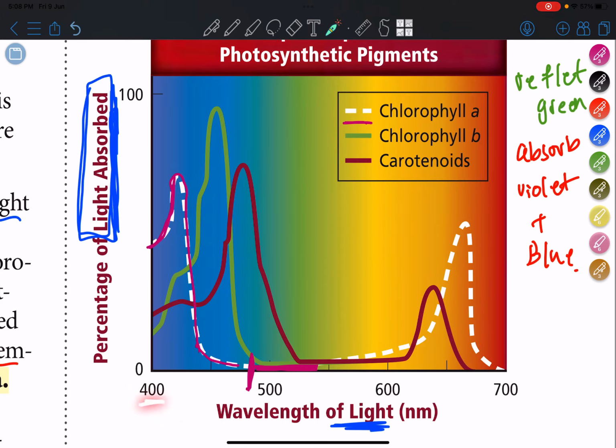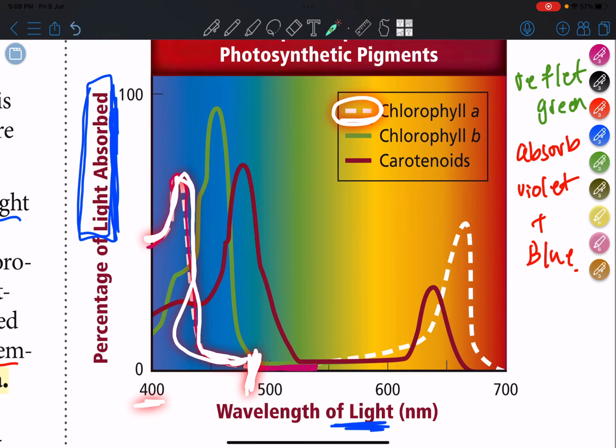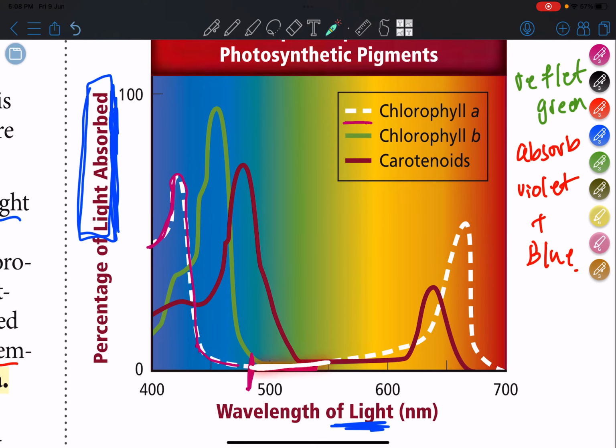So from around 400 to 500 wavelength, I have absorption of light by chlorophyll A. From 500 to maybe around 550, we have reflection